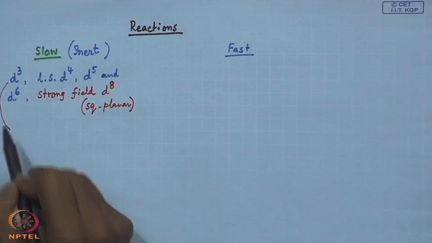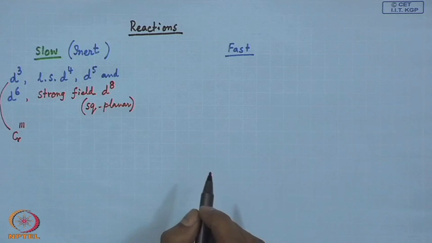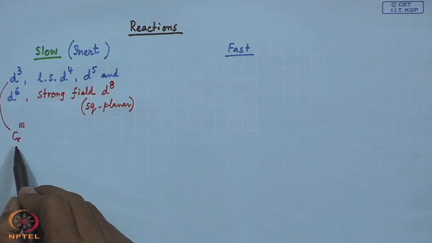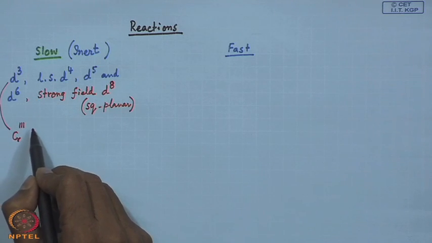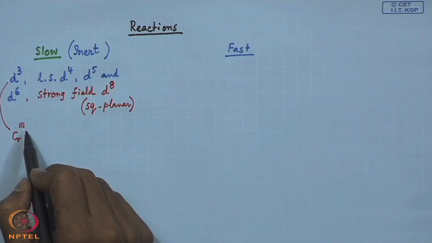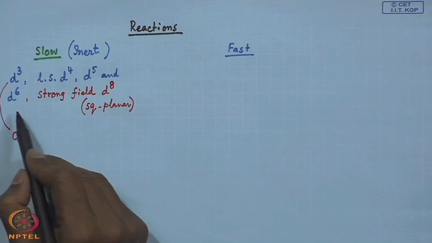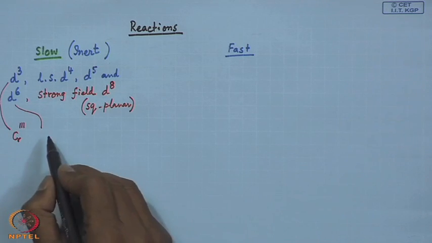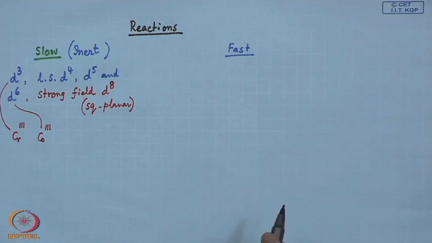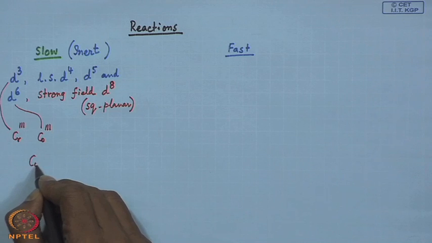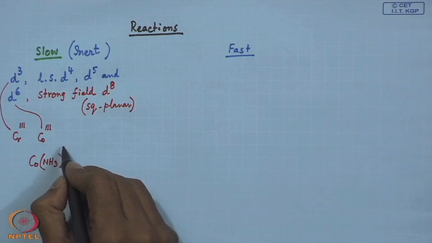This d3 electronic configuration, we all know, is for chromium(III). If we have a chromium(III) compound with only 3 unpaired electrons in the d orbitals, it can react very slowly for ligand substitution, even for water exchange reactions. Similarly, for d6 configuration we have trivalent cobalt, which we have seen in the case of the hexaamine cobalt(III) compound,